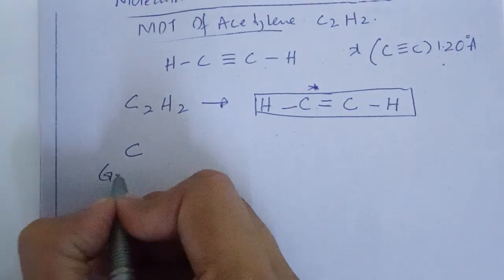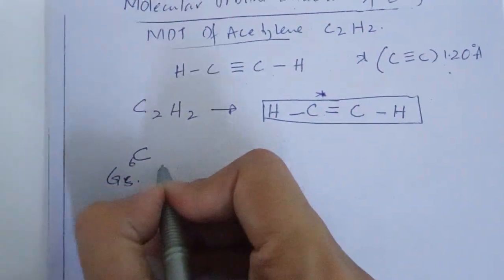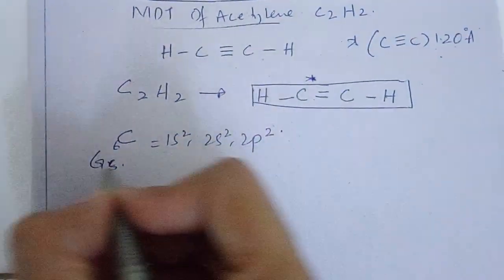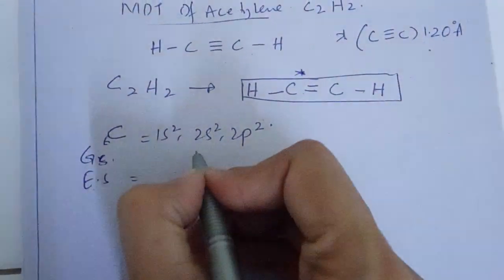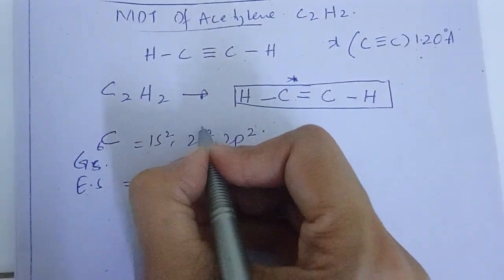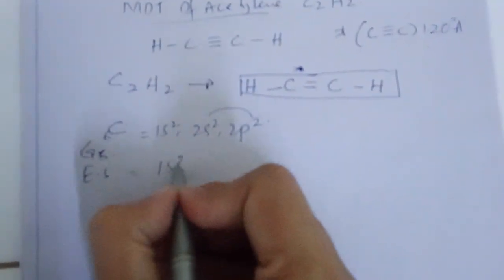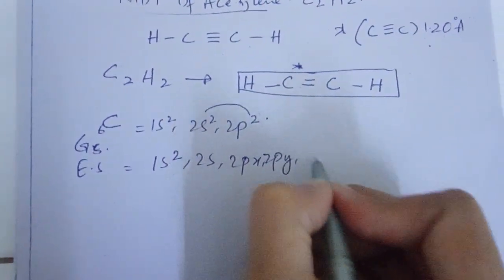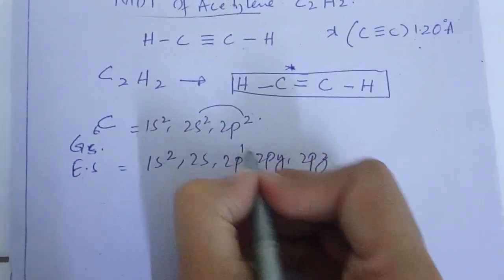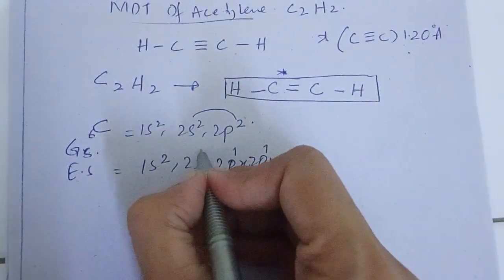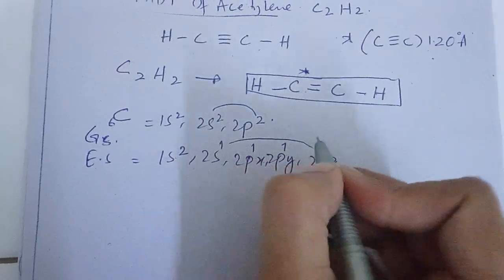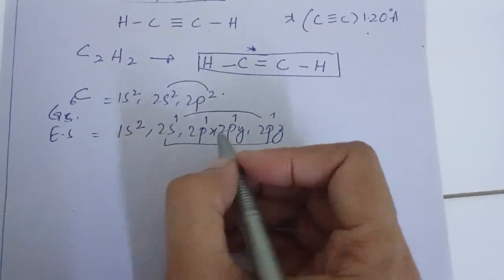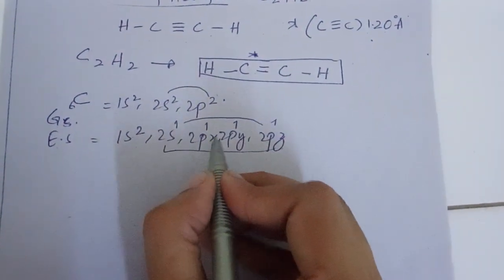electronic configuration. The ground state electronic configuration of carbon is 1s2, 2s2, 2p2. In the excited state, an electron from the 2s orbital will jump to the 2p orbital. That will be 1s2, 2s, 2px, 2py, 2pz. Already here we have 2 electrons in 2p2 and 1 electron will jump from 2s to 2pz. So in such a way carbon has 4 half-filled atomic orbitals: 2s, 2px, 2py and